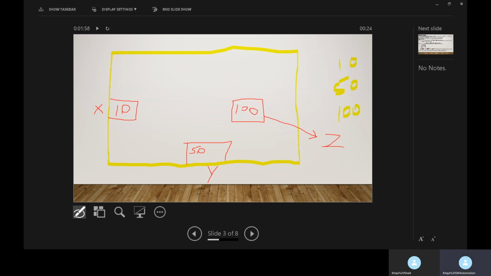Let us suppose we are storing 100 similar type of values in memory. In that case, for these 100 values, we need to provide 100 variable names. And these values will be stored in 100 different locations in the memory.